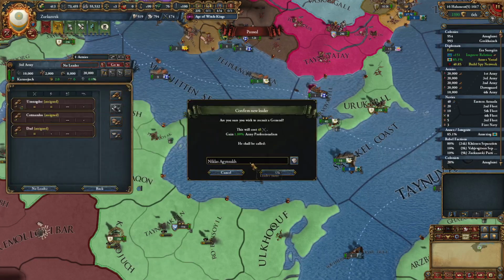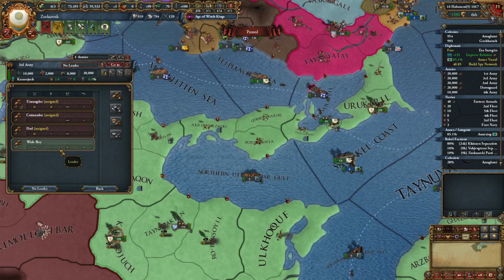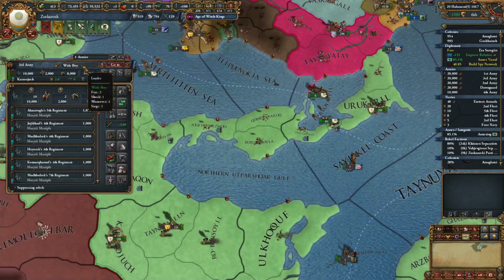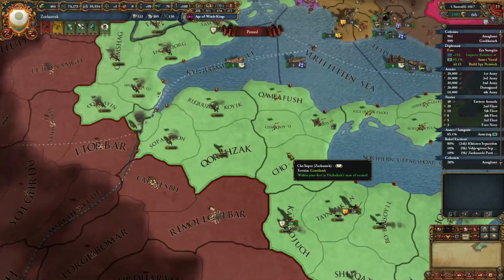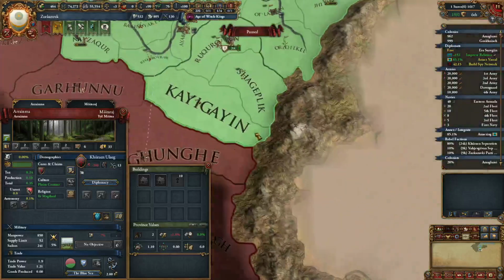Now, we have got on a new patron, so we can probably give him a general. There we go, so 2142. I mean, it's not too bad. I suppose we could also get some more claims on our neighbours in here. So let's actually go ahead and...